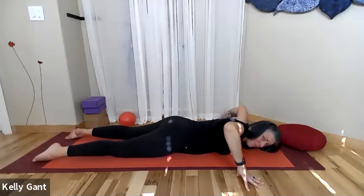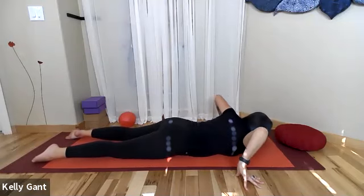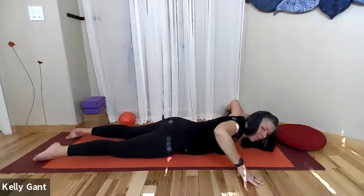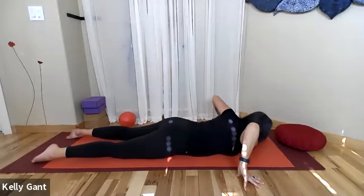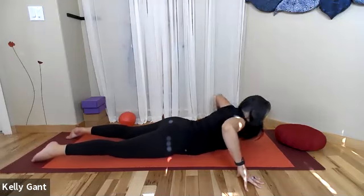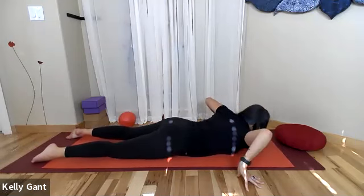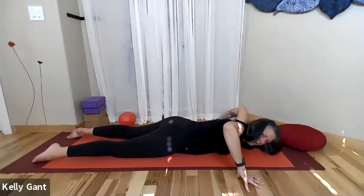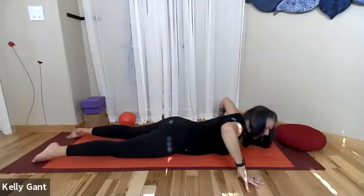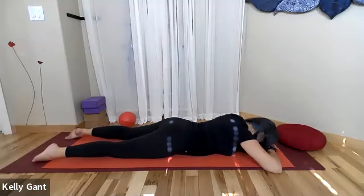This area tends to be quite tight just because of what we're doing all day long. If we're on our phones, even if we're reading a book, and of course, if we're working at a computer screen. We'll do a couple more, switching sides, resting with that arm behind the back. And when you're ready, I'm going to ask you to stack hands, slide them underneath your head, and we're going to do a little